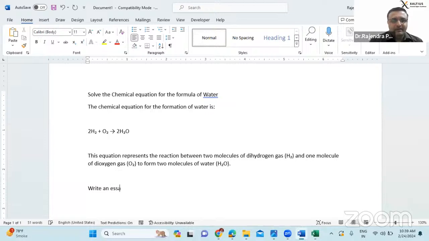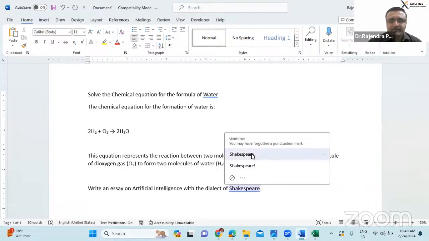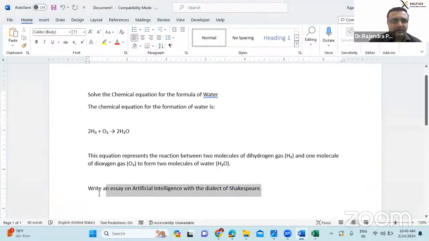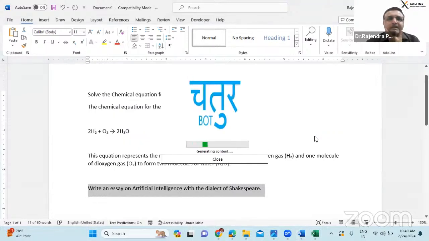We'll go for other. Write an essay on artificial intelligence with the dialect of Shakespeare. Okay. So this bot is generating the content for you.